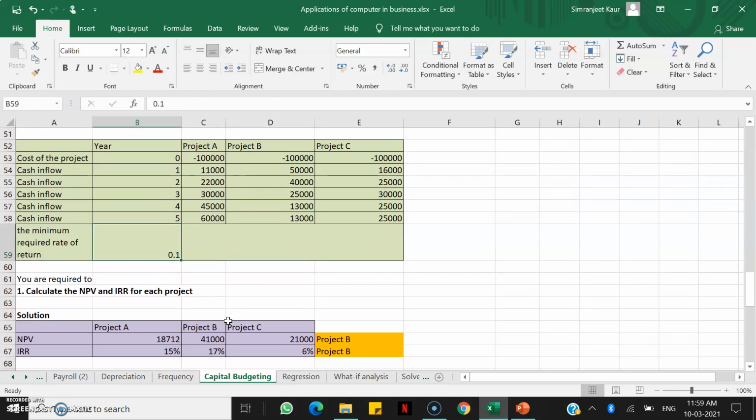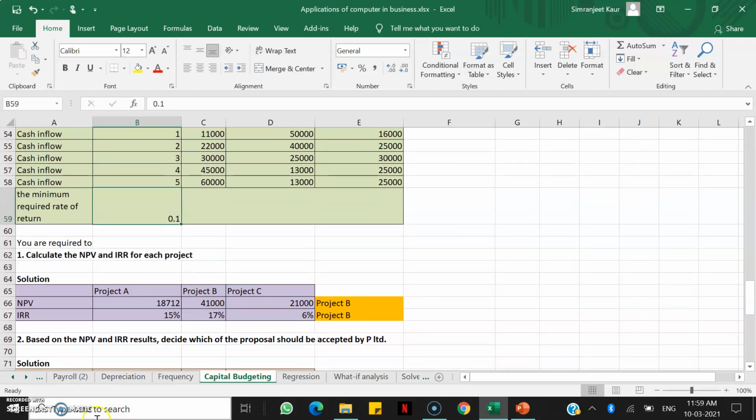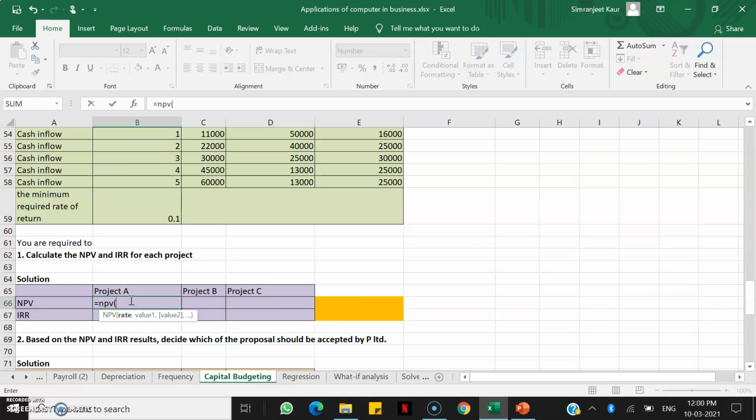Now the first question they ask us is, you are required to calculate the NPV and IRR for each project. We have already done this in part A, but I'll quickly do it. Let me delete all this and we can do it again. So NPV, I'll select the rate. Let me fix this rate because we want to extend the formula to the next rows and columns also.